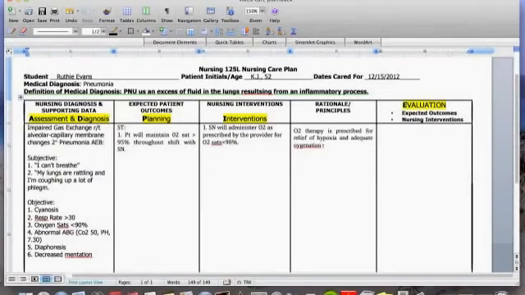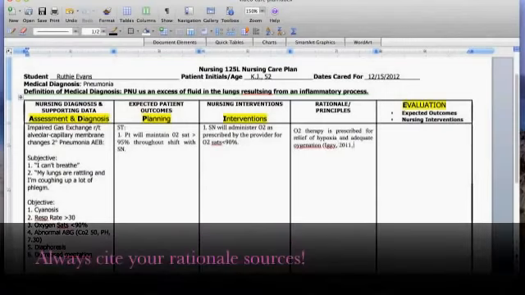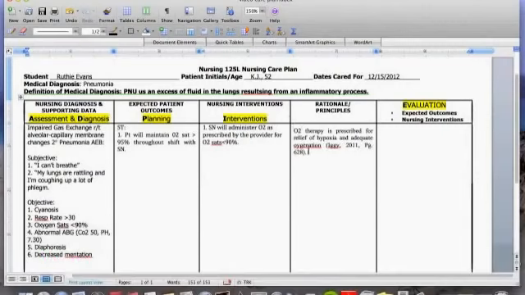Okay, and I didn't just pull this out of thin air. I found it in my Iggy book, 2011 edition, on page 628. Oh, I forgot an X. Okay, so there is my whole shebang right there. I've got my assessment, my diagnosis, my planning, my intervention, and the rationale for that intervention,